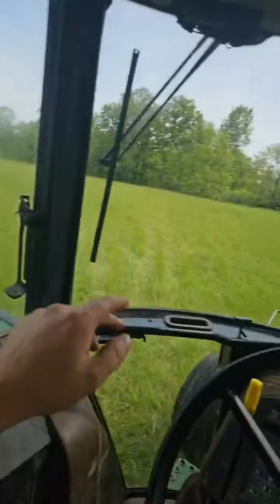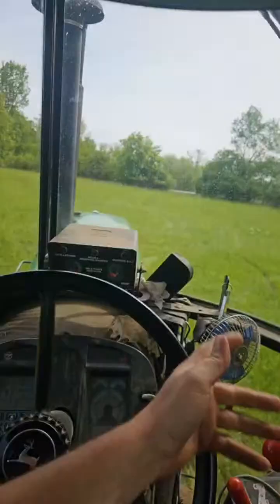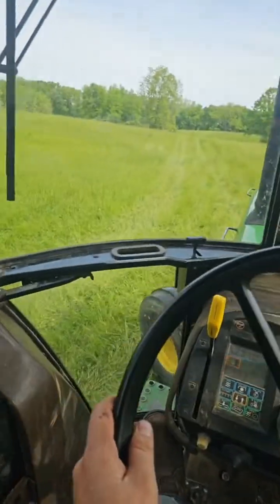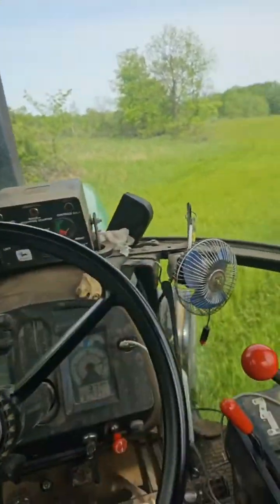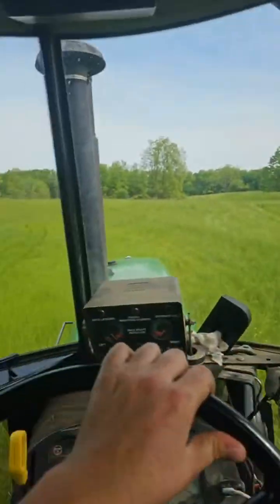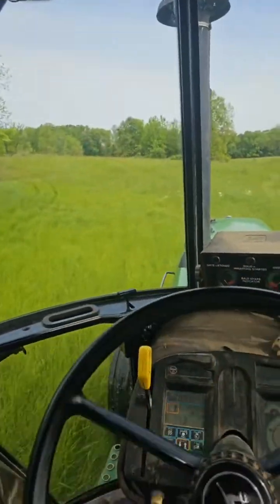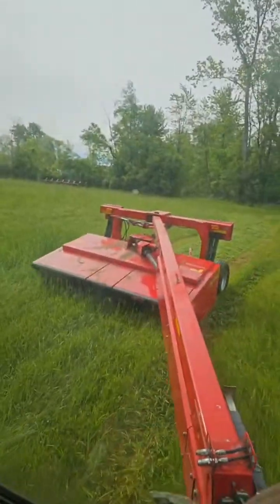So now watch. Most people would take this and cut the outside first. I'm gonna go this way and run the tractor by the trees so I can see what's in the field. So watch. This is how I open a field up. I've never been in this field before other than plowing, and there's a few wet spots, so I'm just going to avoid that. But see, I'm cutting right now,